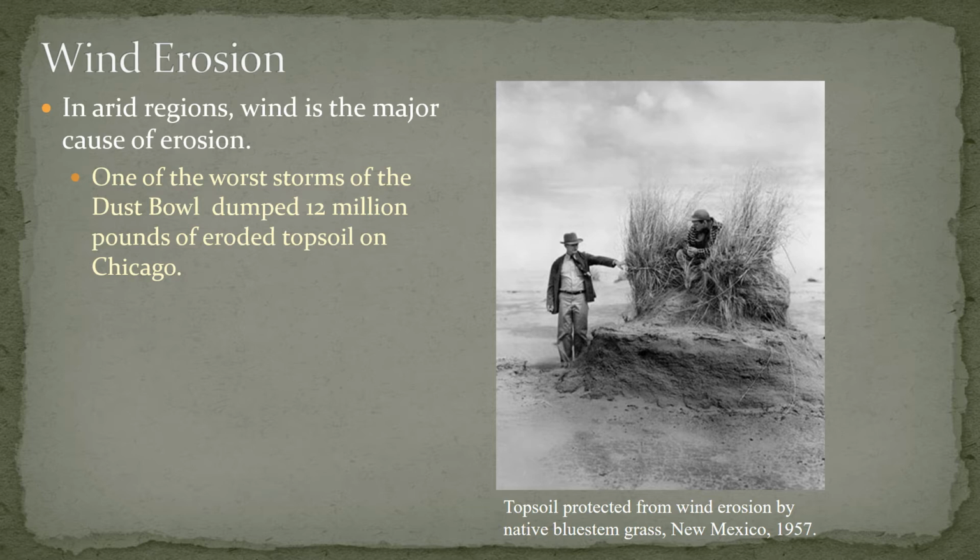12 million pounds. I just want you to absorb what 12 million pounds of topsoil would even begin to look like. But if you look at this picture, you can see that the only soil held in place was by two random giant bushes of grass. Where this man is standing, you can see feet of topsoil were lost. Now, from what you've learned about the A horizon, that's where all the biological activity is. So this was devastating. This was super devastating.